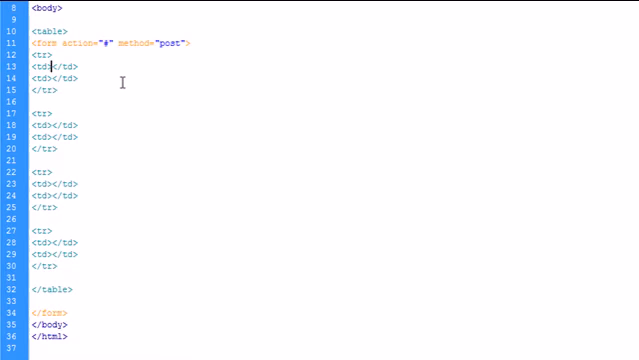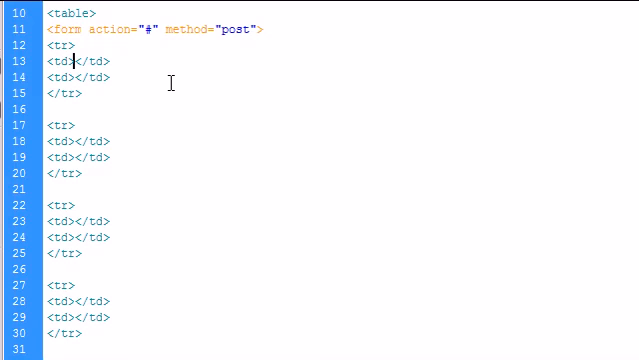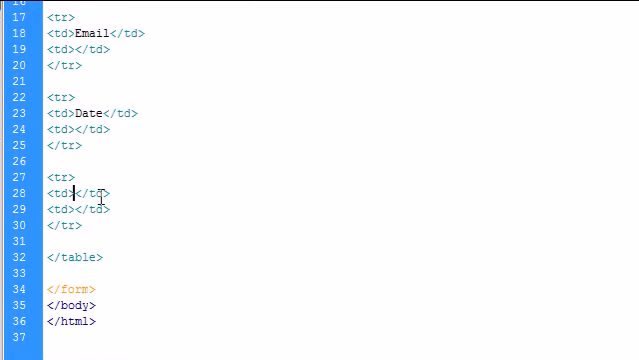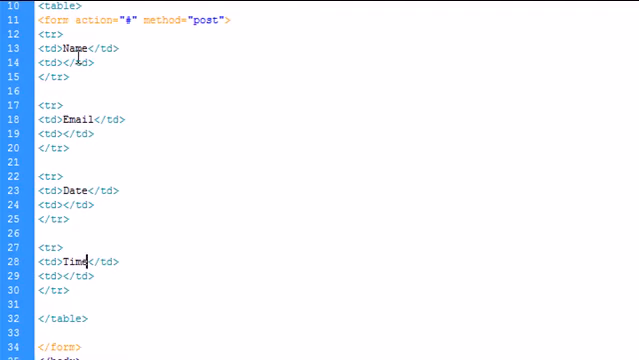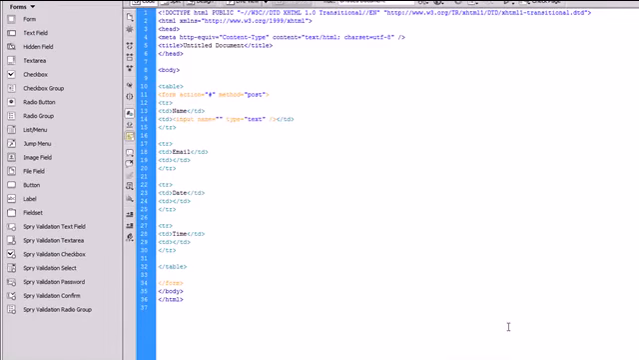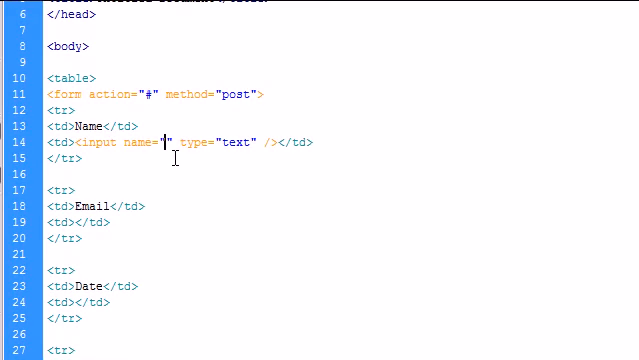Alright, so now that we have our form, we have to think about what we're going to put in our form. And as I said before, we're going to put in a name, an email, a date, and a time. And what I did right there was I put the label in the first column of each row. And in the second column of each row, we're going to put our input. So for the name, we're not going to validate it, we're just going to give it a text field. And we're going to give it a name of meeting